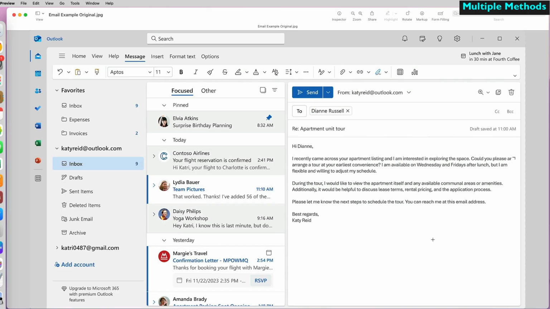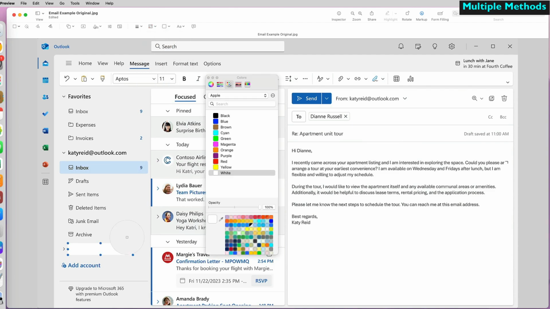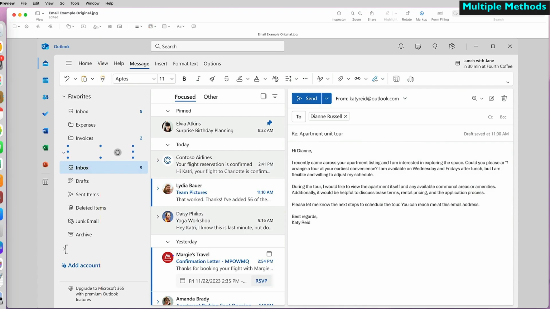Now let's use all the different ways to blur and cover sensitive information on a screenshot of an Outlook inbox. Once I activate the Markup toolbar, I will use shapes to cover the email addresses. I use this option a lot when I record my videos and don't want to draw attention to an area. I change the shape's color to that of the background so you can't even see there was anything there in